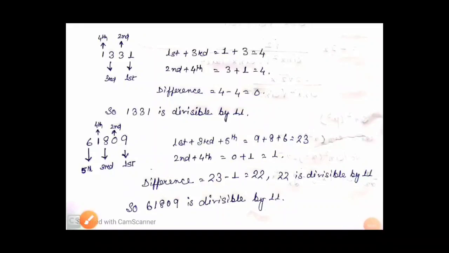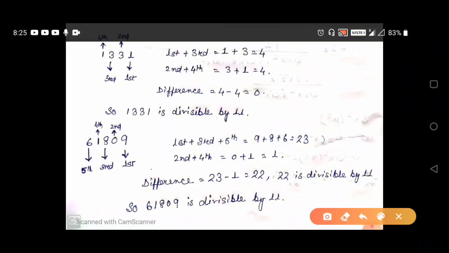Now we will add the digits that are at even places and we will add the digits that are in the odd places. So first of all, here we are adding the digits which are at the odd places, first and third. So if we add, then in place of first we will write 1 and in place of third we will write 3. So from here we will get 4. From the digits of second and fourth places we will also get 4 after doing the sum.